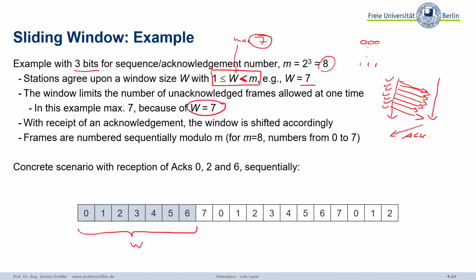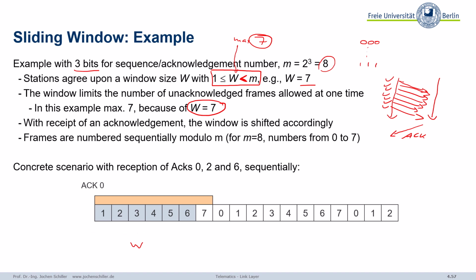Now what happens if I get a certain acknowledgement? This orange one, acknowledgement 0, means perfect. The receiver tells me I've got frame number 0. That means for me internally I can forget frame 0, on the sender side I don't have to store it anymore,